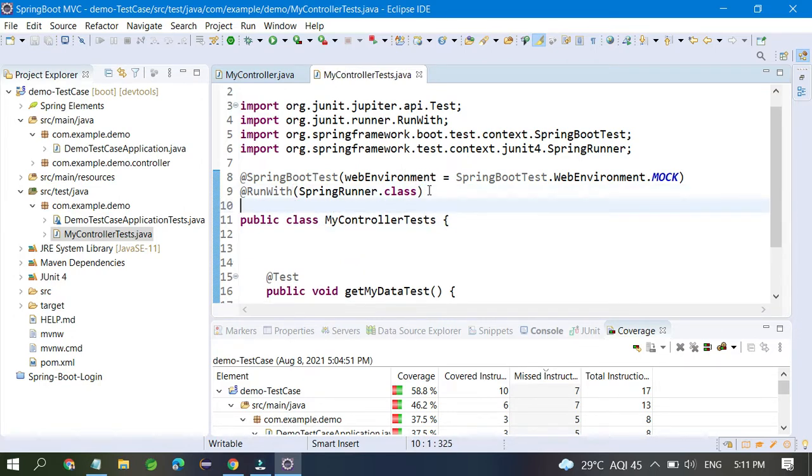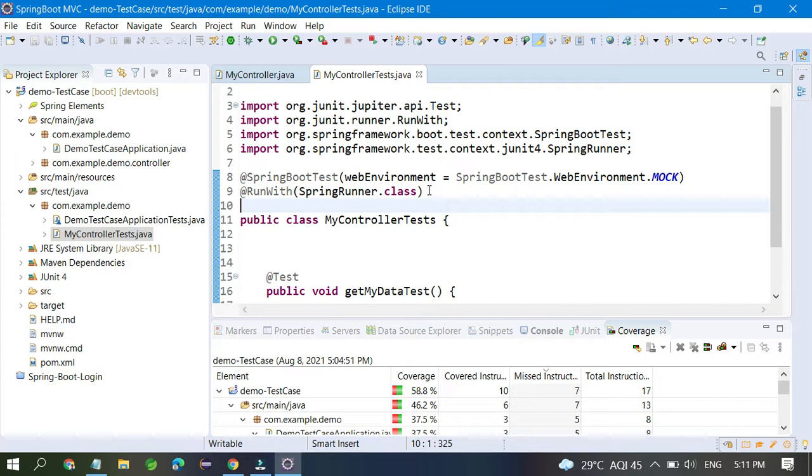So this RunWith SpringRunner.class is also put in, fine. Now you want to put three things also, like AutoConfigureMockMvc and TestPropertySource. You have to annotate this also, and this is very important for configuring your unit testing.